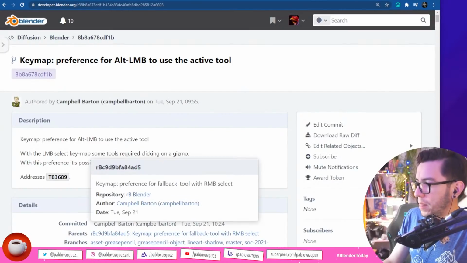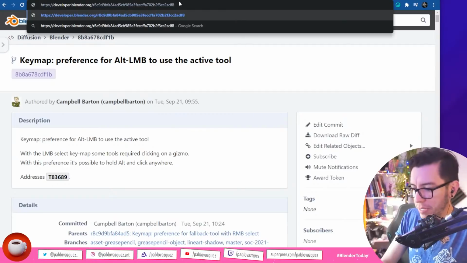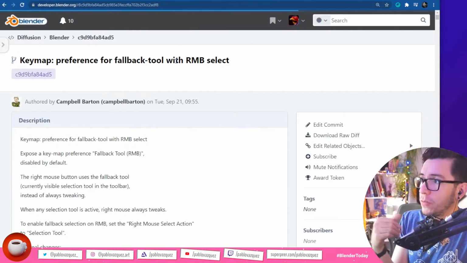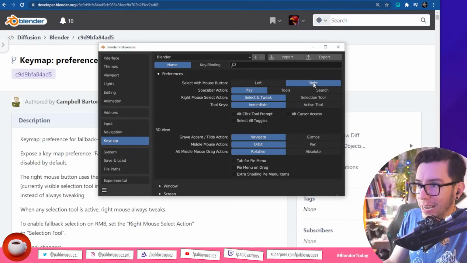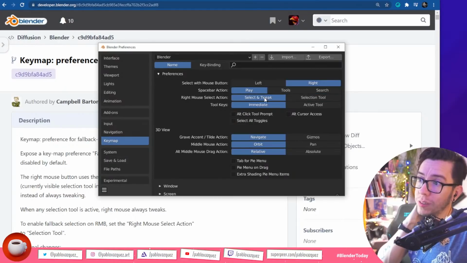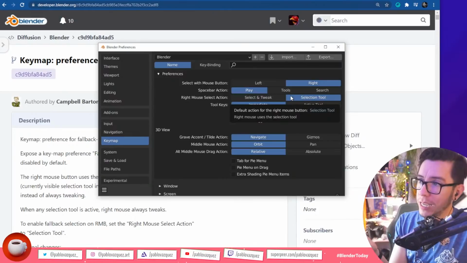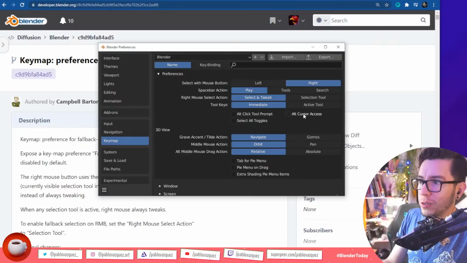The other change is a fallback for right mouse button select, right click select. It's a preference for the fallback tool once you use right click select. So here, once you change to right click select, you're going to have a right mouse select action, which is the selection tool, or the select and tweak, depending on whether you want to use a tool for selection or you just want to click and drag for tweaking. You also have Alt cursor access,